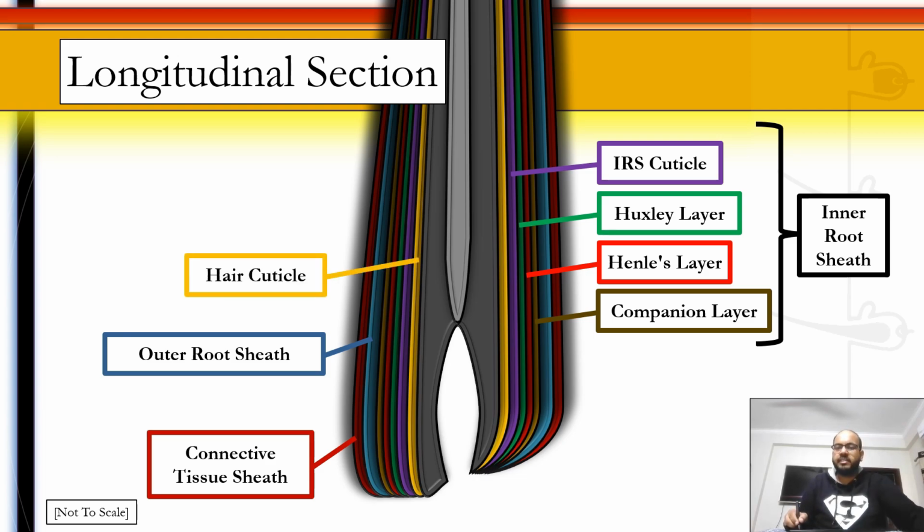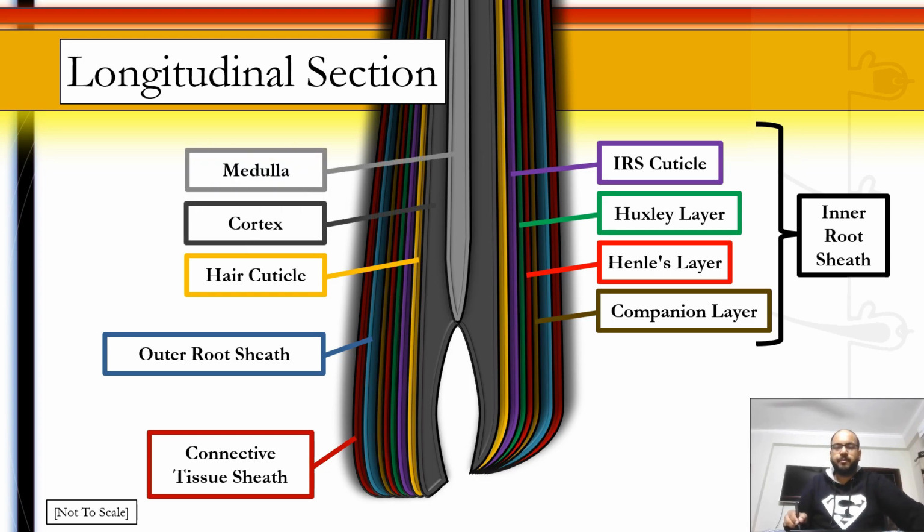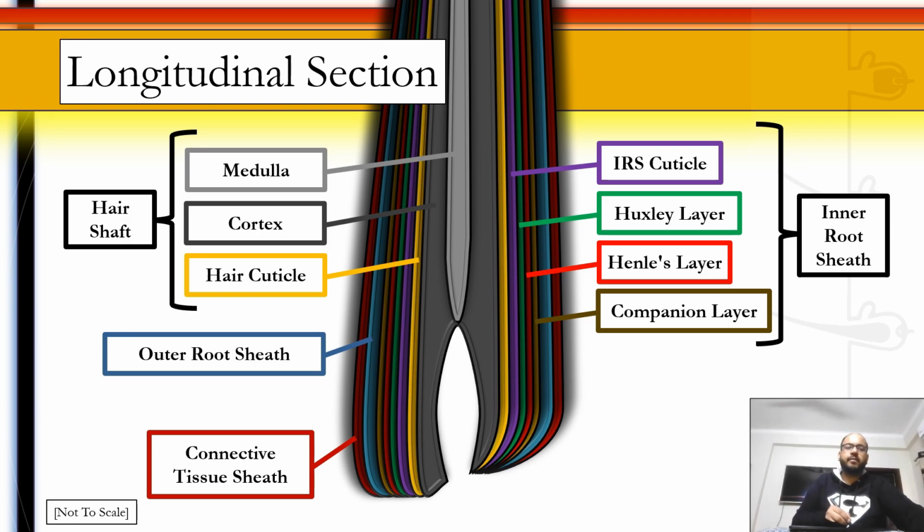The hair cuticle, which is a bit separate from the IRS cuticle, along with the cortex and the medulla together forms the hair shaft. And this hair shaft is the hair which eventually comes out of the follicle opening, the pore or the orifice. Clear? So again, recapping,